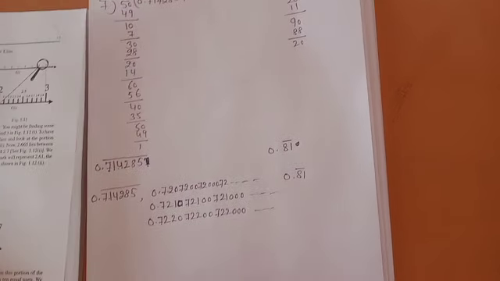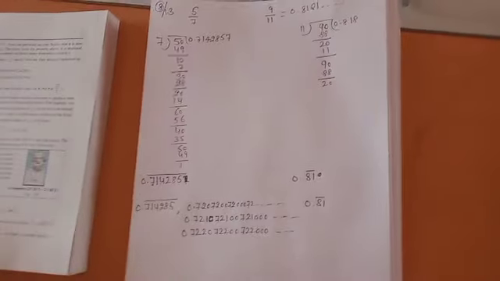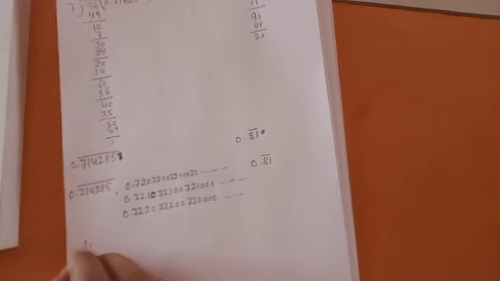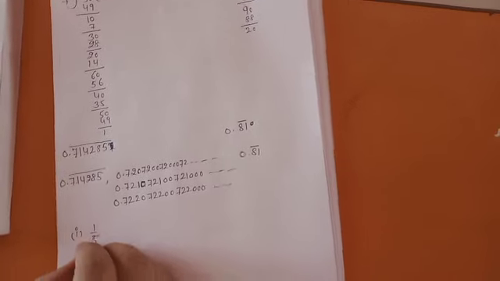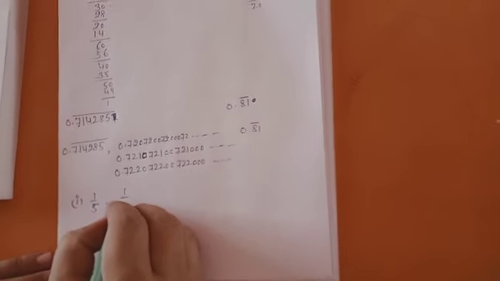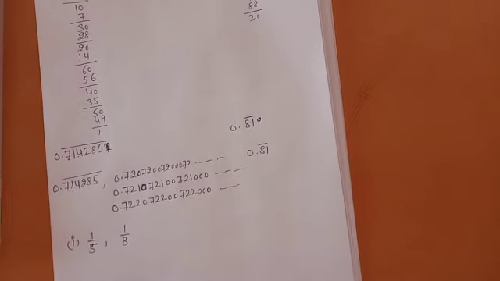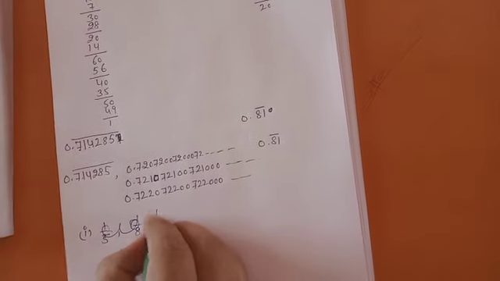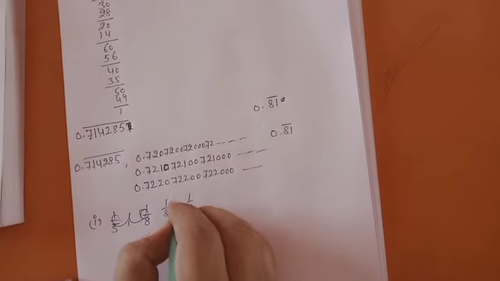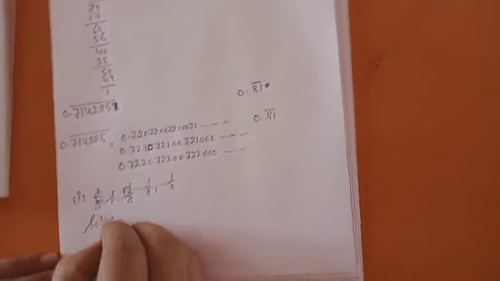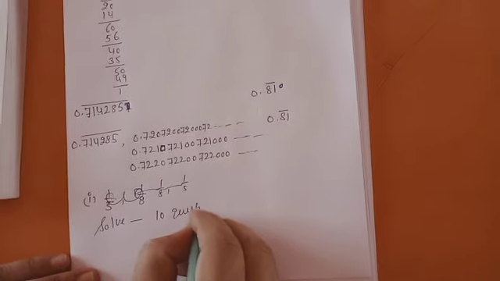So you can complete this exercise and solve this type of question: find the irrational numbers between the given two rational numbers. I am giving some questions: between 1 by 5 and 1 by 8. You can say like this, 1 by 8 and 1 by 5. In this way you can solve 10 questions of this type in your rough notebook. If there is any problem, discuss with me. Thank you all of you.